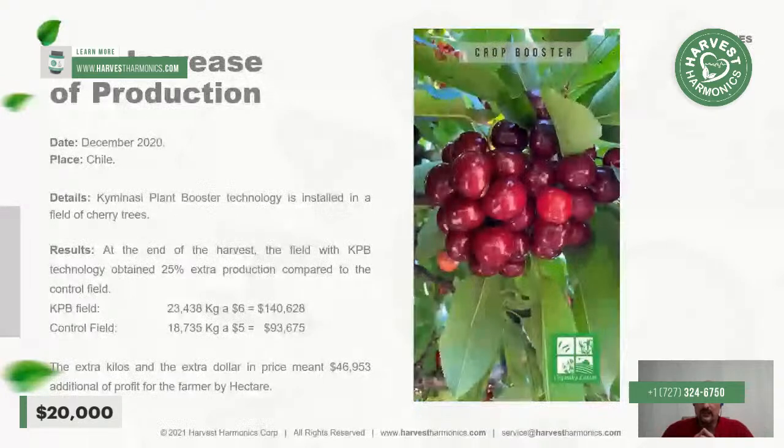That's a win-win situation. That's a win for everybody eating these cherries and eating the product too. This is not just a matter of producing a ton more production that's all very low quality, that nobody would want to eat if they had the choice. These are high quality, and he's able to sell these for more money. So the combination of increased quantity of 5% more production and increased quality of getting $1 more per kilogram means